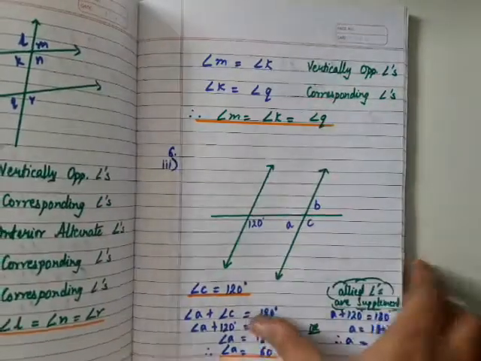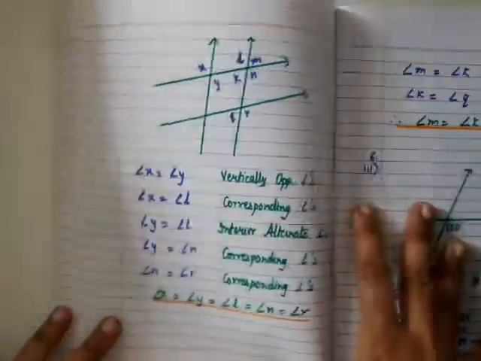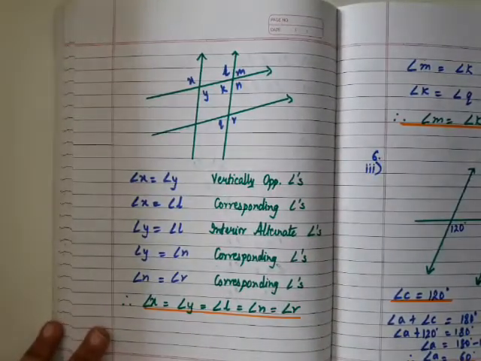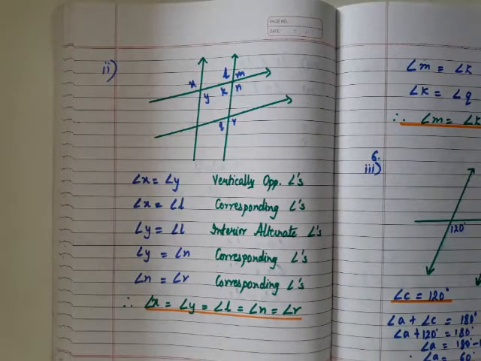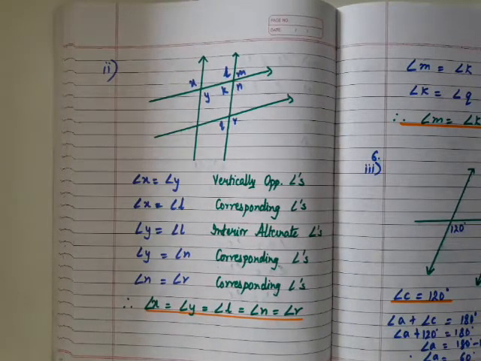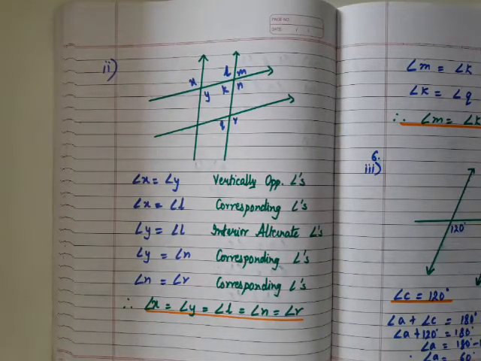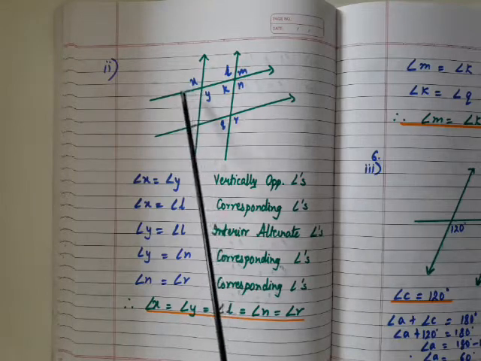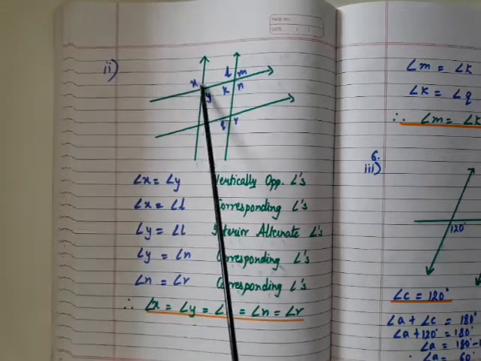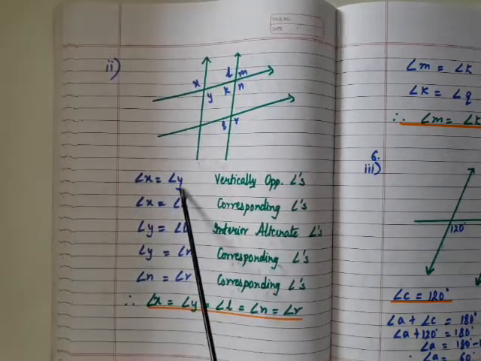Next, the second part of it. This is the second part of the question, in which again the arrows indicate that the lines are parallel. So you have two pairs of parallel lines here, which have been cut by another pair. Here also you need to find out which angles are equal and also state the reason. So we'll start with the simple one. Now x equals y, because vertically opposite angles are equal. So x equals y.